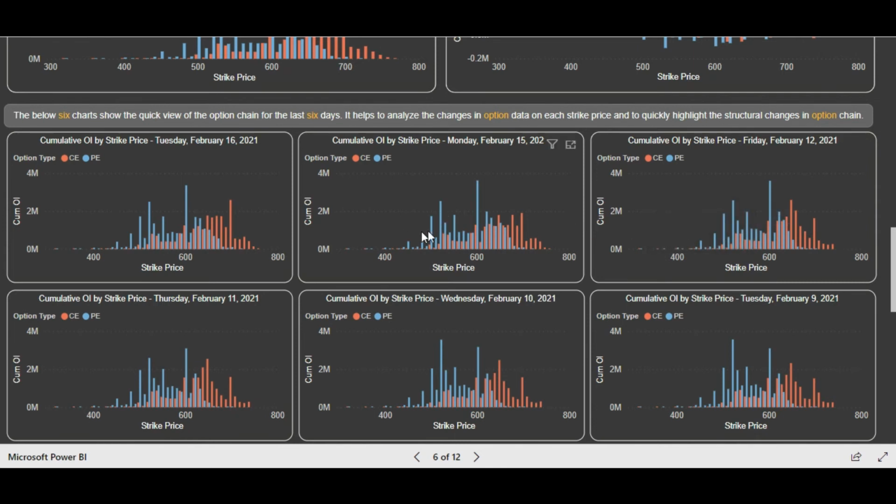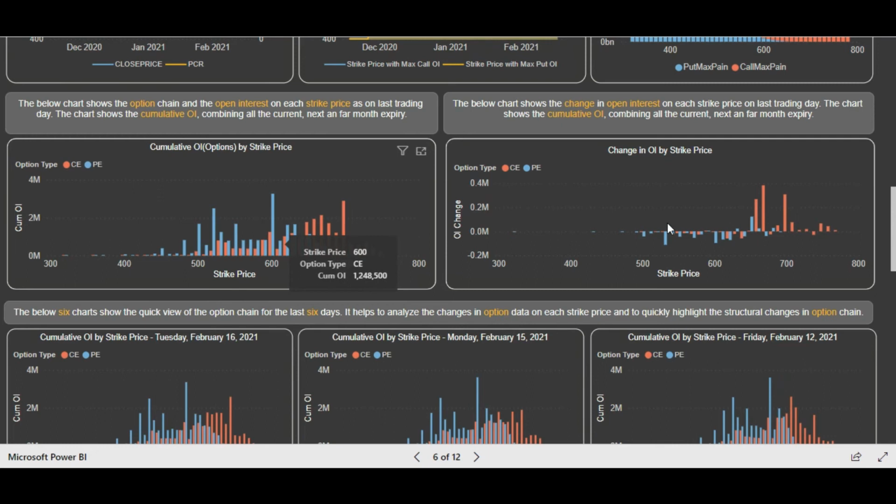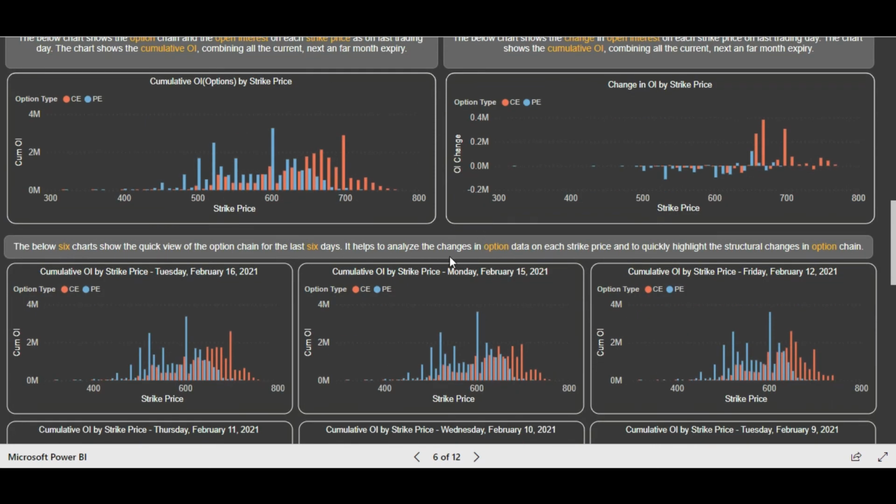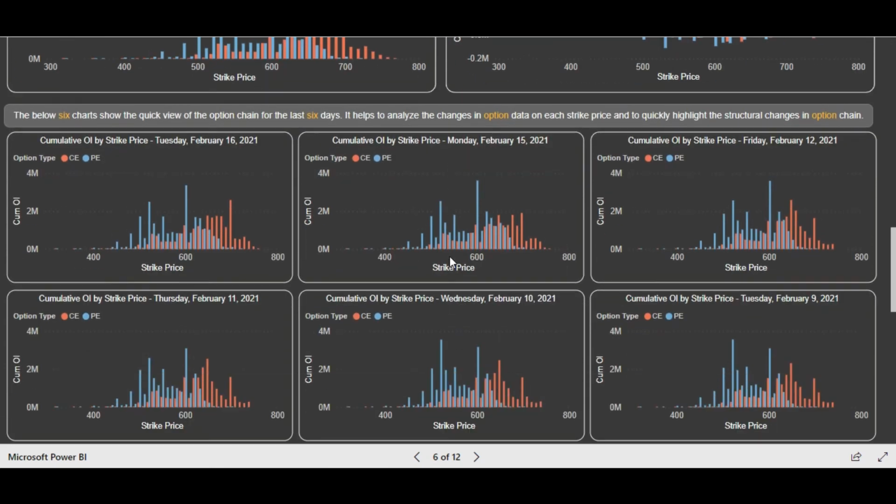And then you see there was a call unwinding. So the calls at this level, you see 650, more put writing increase, and the call writing unwinding took place. So basically call positions were unwound, and then you see a slight change in OI at a very high strike price, that is 700. Slight call writing was done, and similarly you see a range here, 600 to 700. And then today what happened, the stock fell as slight profit booking was there, and call writing was done at lower levels.